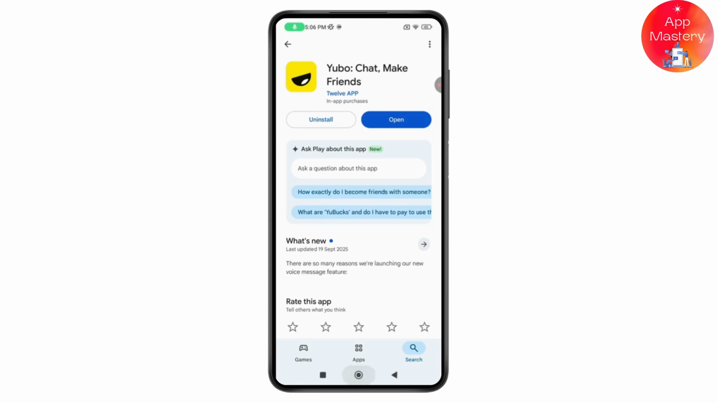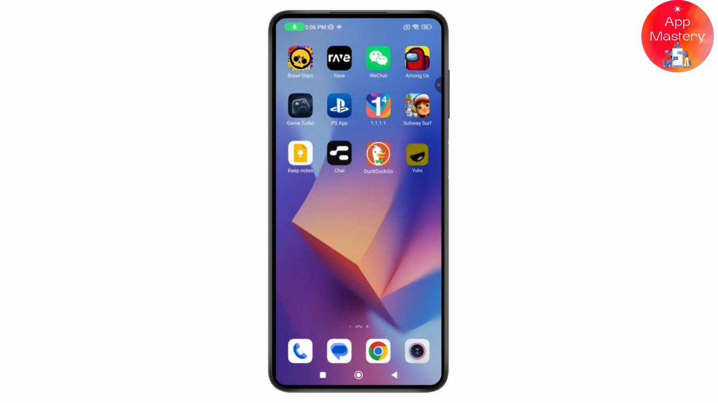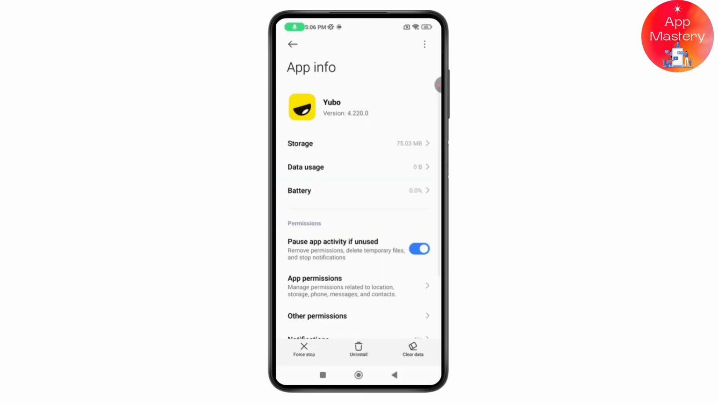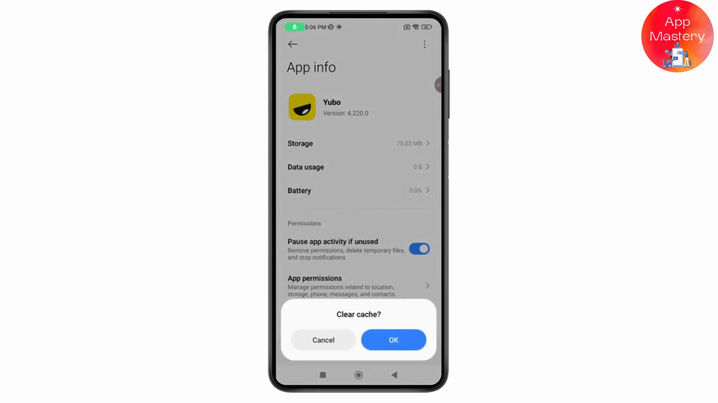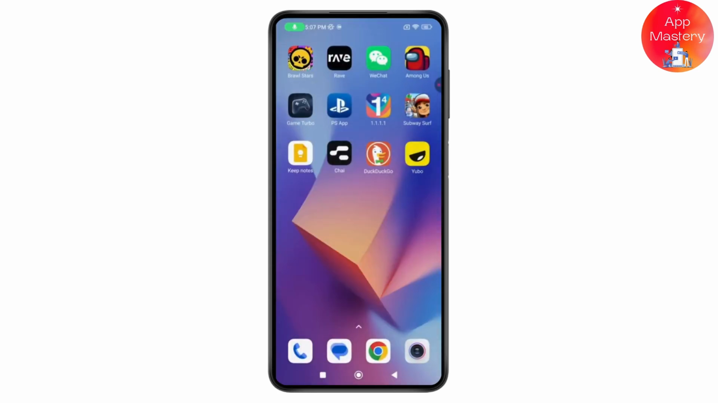After updating, next you need to tap and press on the Yubo app, go to app info, and here you need to go with clear data, which is on the bottom right, and tap on clear cache and tap on OK. Once you've done that, you need to just go and restart your device